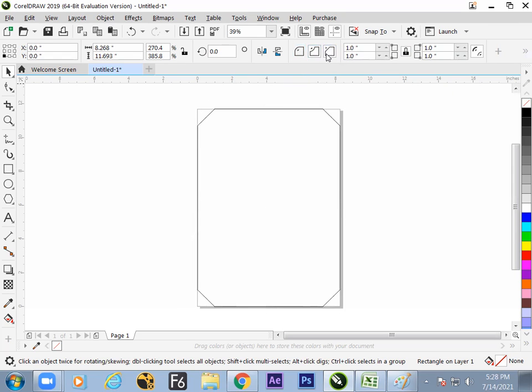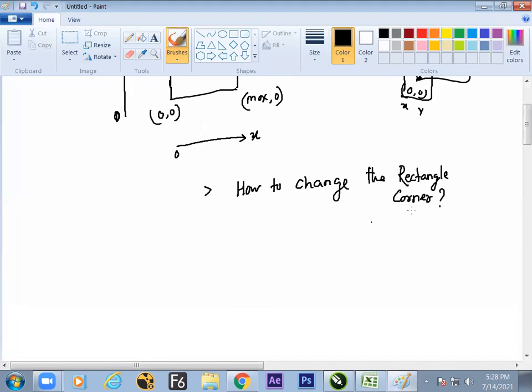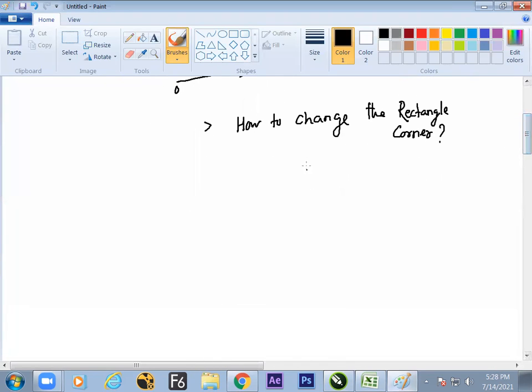We can just switch and it will become active because the value is fixed here. So hope we understand how to change the corner and how many types of corners there are. 3 types: one is round, scallop, chamfer.